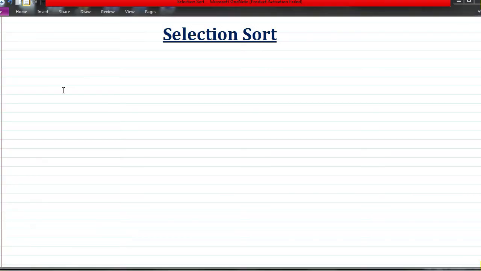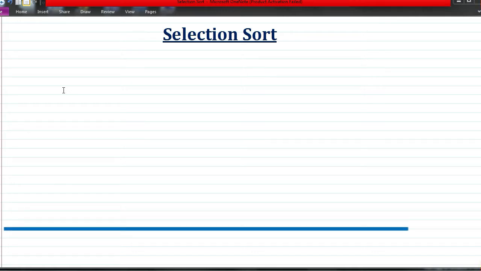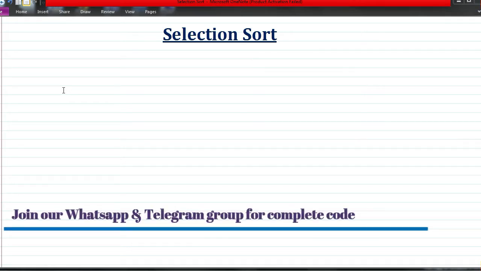Suppose I give you a list of elements to sort. How are you going to sort it? You will find which is the smallest element in that list, put it in the first position, and in the remaining elements you will see which is the smallest and put it in the second position. So that's how we do sorting, right? Very similar to that, here also selection sort involves the same technique.